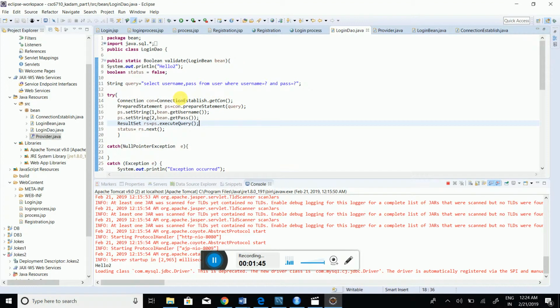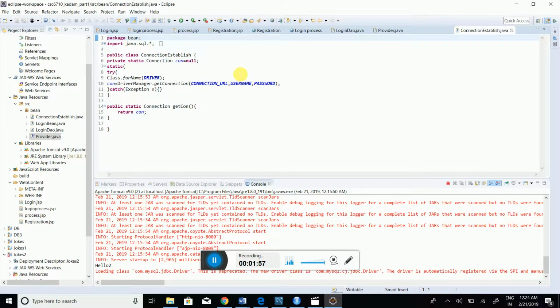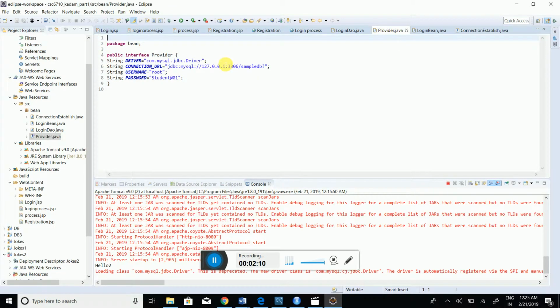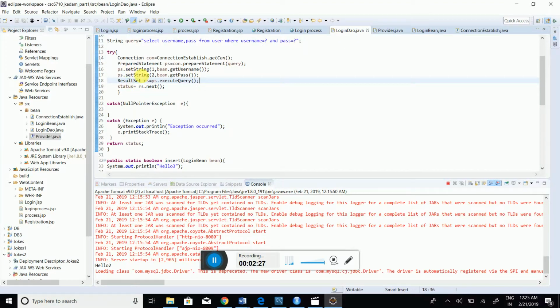So inside the try, we've written prepared statements, and we have established a connection. ConnectionEstablished is a class where the connection is being established between the Java application and the MySQL database. The driver, connection URL, username and password are being defined in the Provider.java interface. So we've given the details here, and then we've used it in the ConnectionEstablished.java class. Then in the LoginDAO class, we have